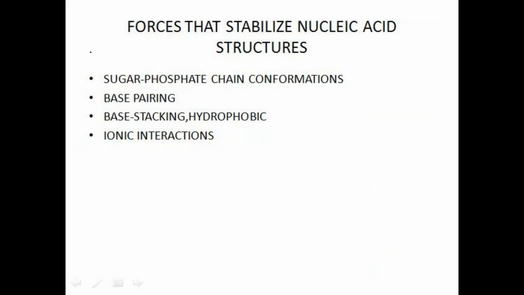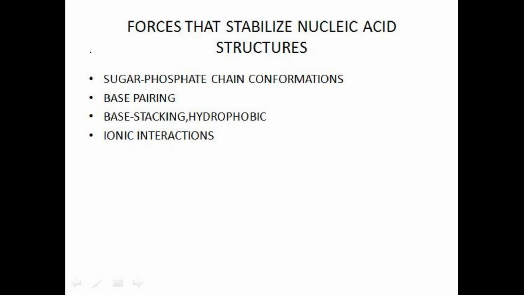Here, the modified base pairings are also causing the stabilization of nucleic acid structure. That means they can cause the interruption of nucleic acid stabilization. That is called Hoogsteen base pairing. That means these are the modified forms of the structures. And next, base stacking is there. That means how these are stacked into the space of this helical structure. That is called base stacking. And also hydrophobic interactions and ionic interactions are mainly responsible for giving the conformation of nucleic acids.